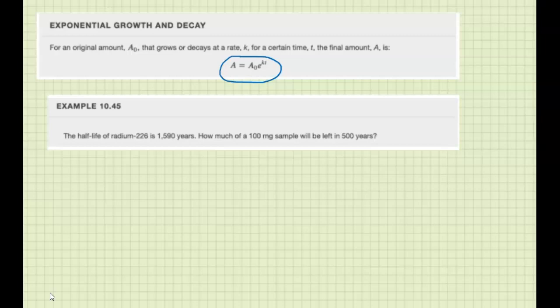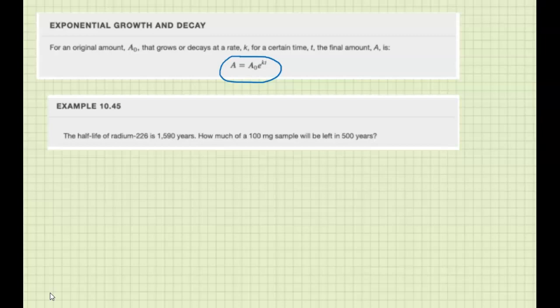The half-life of radium-226 is 1,590 years. So radium-226 is just a chemical substance. It's radioactive, so it decays. That means over time it loses how much radium there is. It basically transforms into another substance,